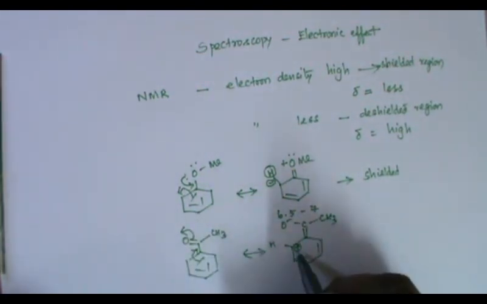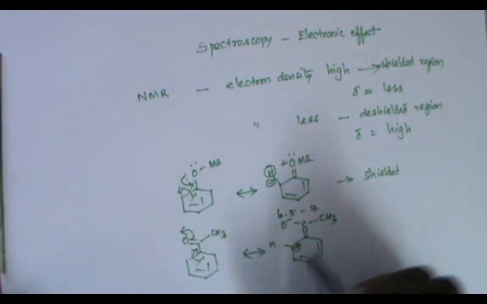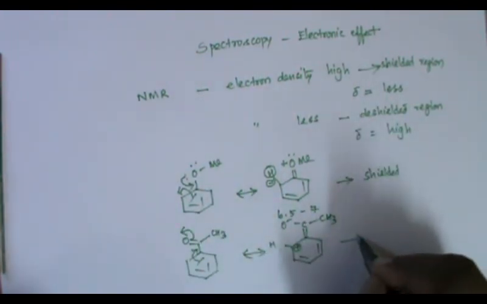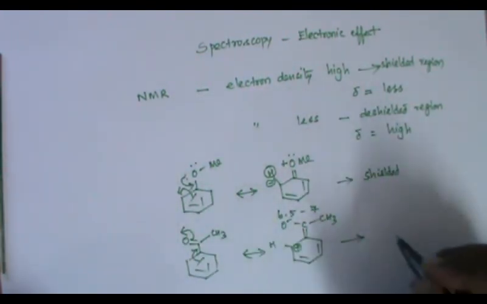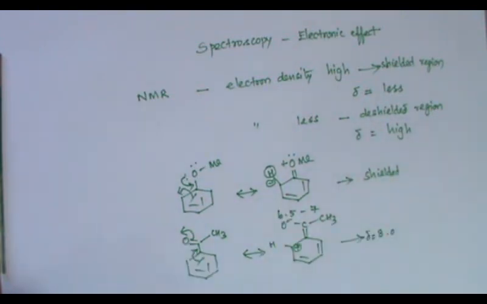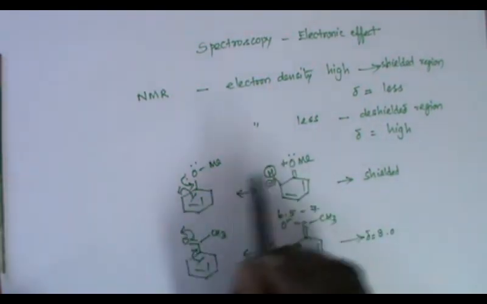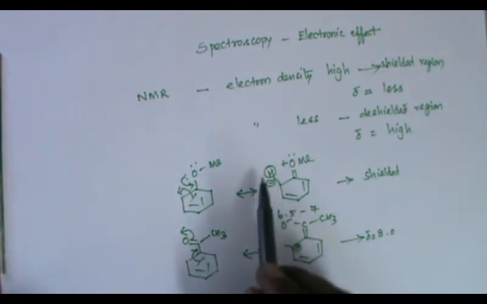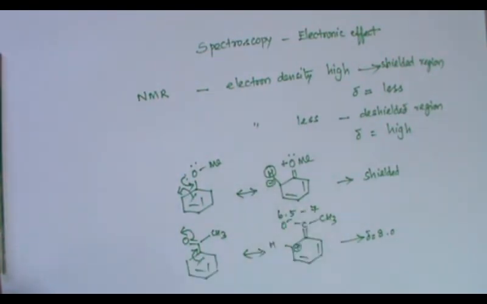Because of that positive charge, it is a de-shielded region. So this particular proton will come around 8. Earlier, because of OMe, we got this proton at 6.5 to 7. But in the second case, it is around 8. The shift you can observe